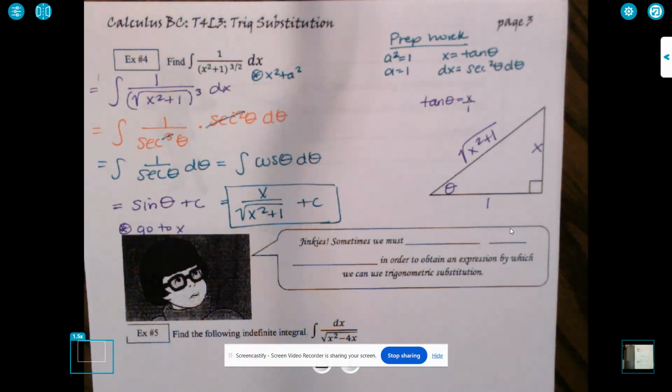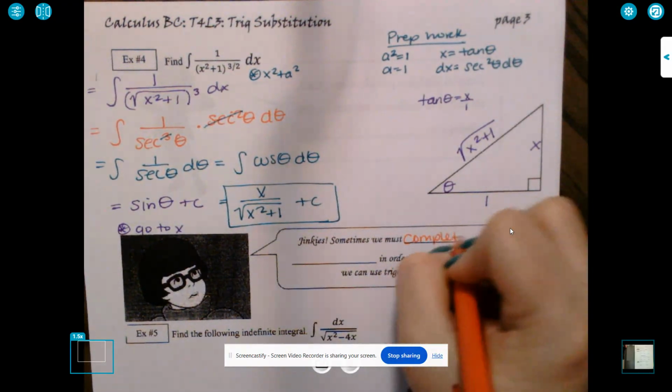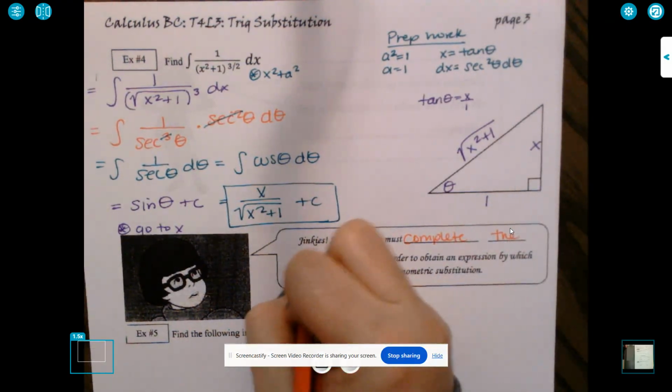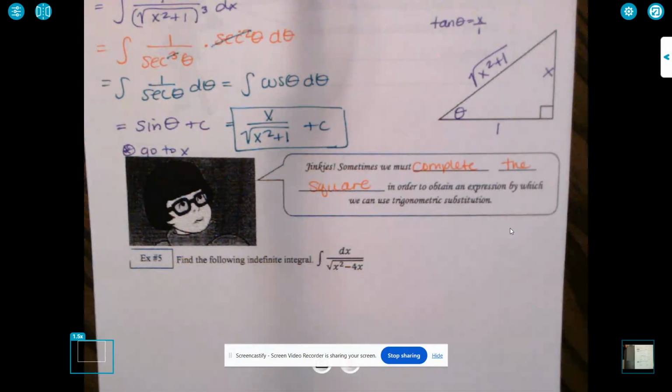Right? Then sometimes we must, okay, y'all, this is where y'all are like, yeah, it can't get any worse. Okay, complete the square. Which I don't think is super difficult. It's just not something we like to do. All right, so sometimes you must complete the square in order to obtain an expression by which we can use